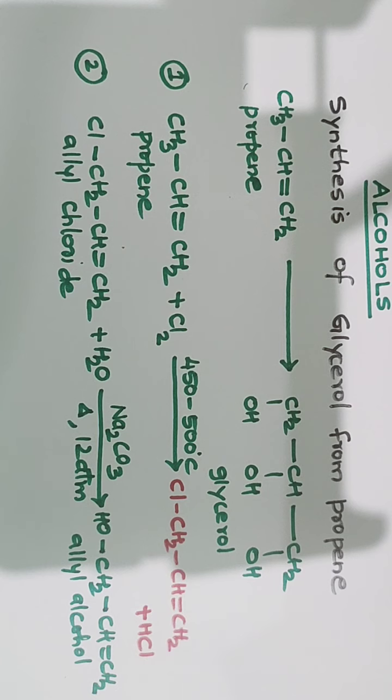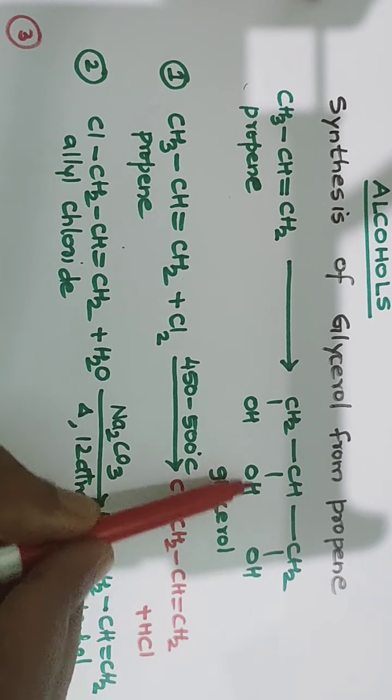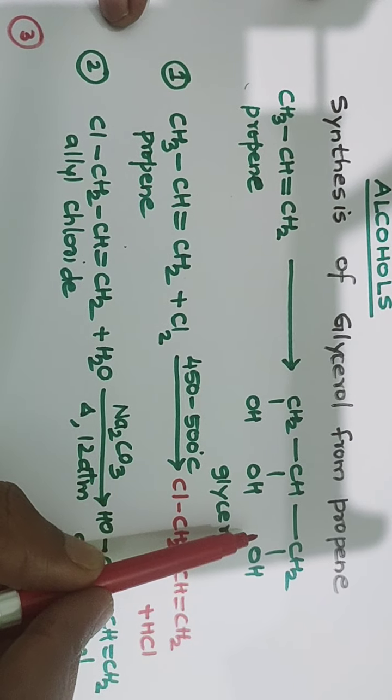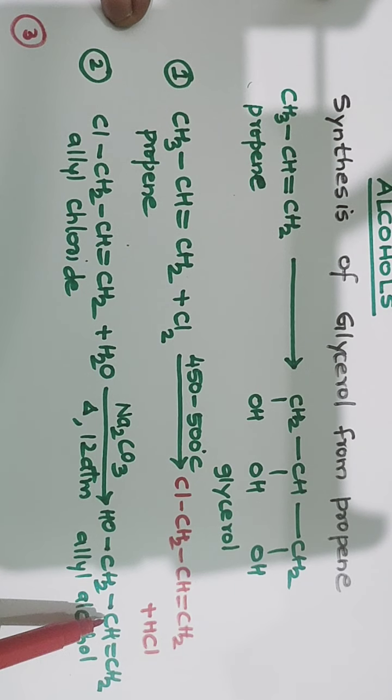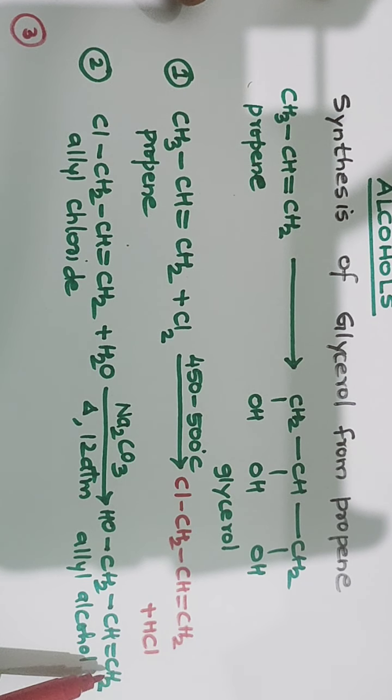Okay. Now third step. Third step is a very important step. Okay. So now we got one OH. So we want two OH groups here. So this is the requirement. So we want two OH groups. At this carbon there should be one OH. At this carbon there should be one OH. So addition across this carbon-carbon double bond is done.